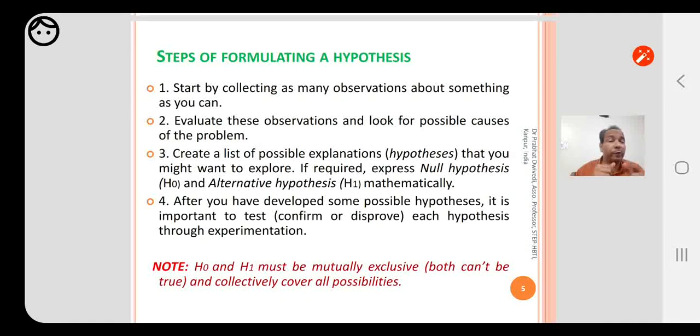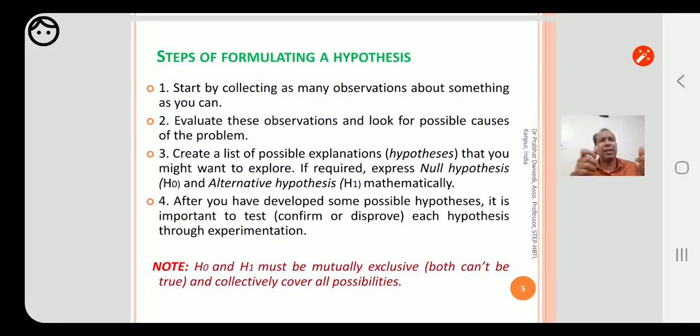One thing is noteworthy here, that null hypothesis and alternative hypothesis must be mutually exclusive. Mutually exclusive means part of one cannot be part of the other, and vice versa.